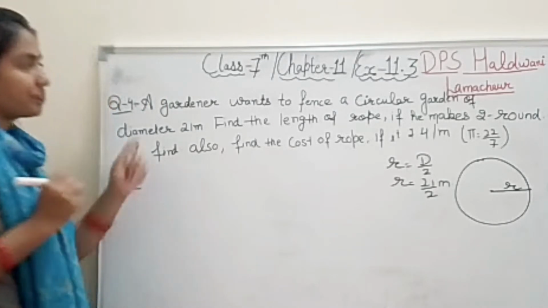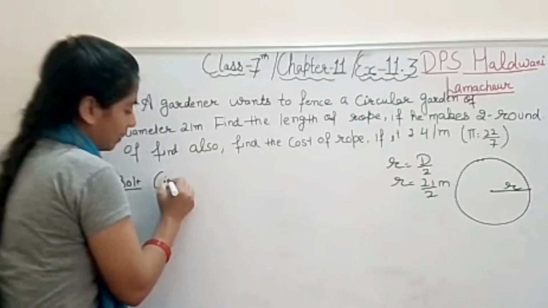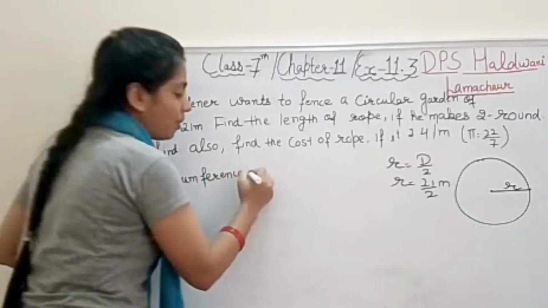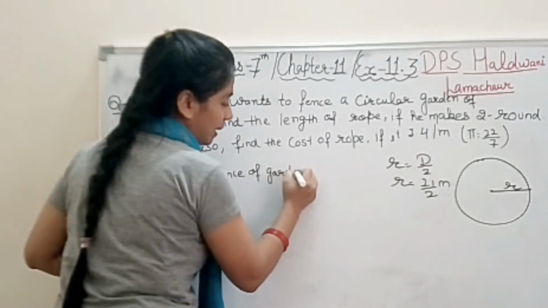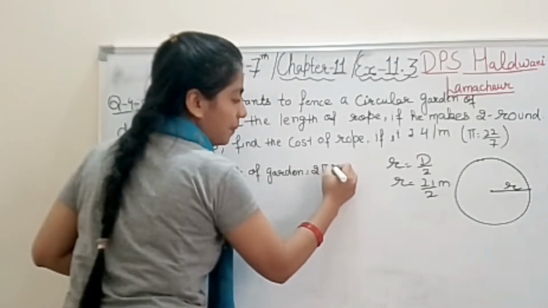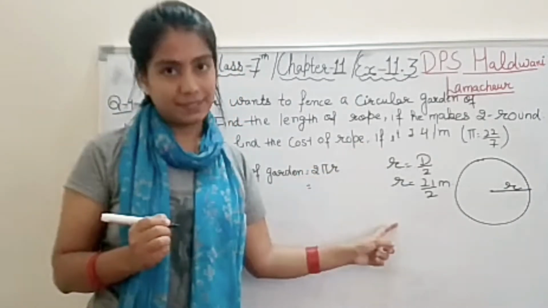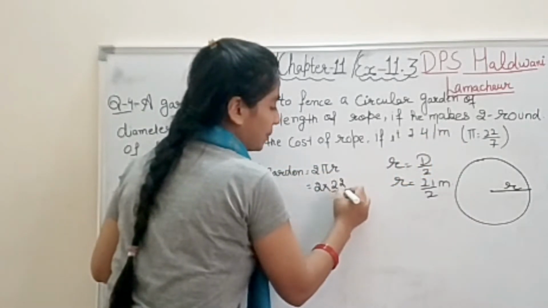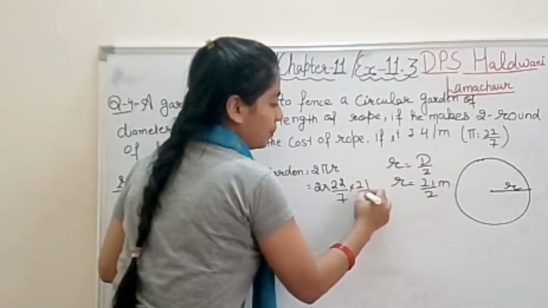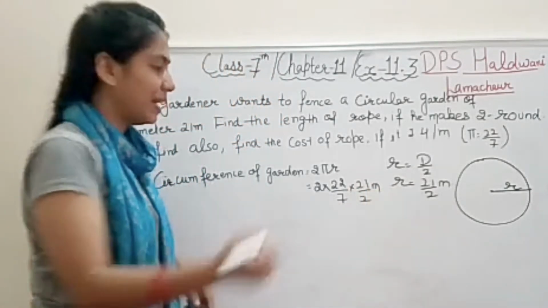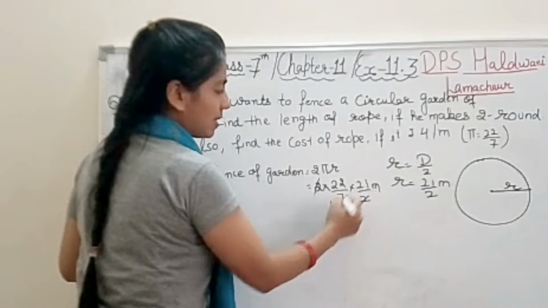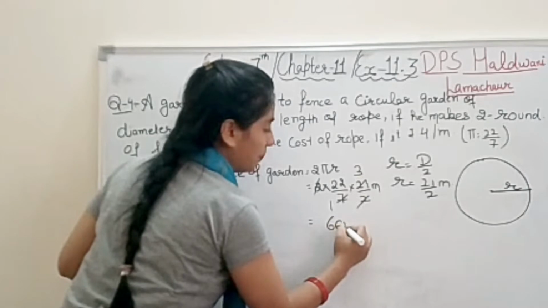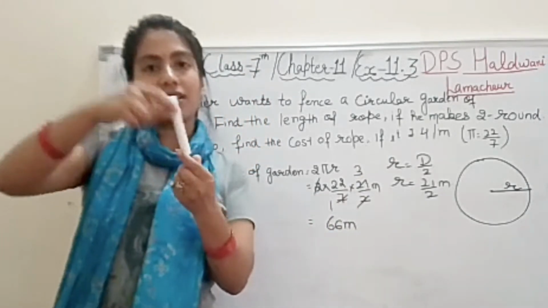What is the solution? As per the given terms, we need to find out the circumference, the total perimeter of the circular garden. Right? So that is 2 pi r. R we found. Fine. So the value of pi is mentioned to you, you will use that value, and r is 21/2 meter. Right student? Now you will cancel 2 by 2. 7 1s are 7, 7 3s are 21. So the answer is 66 meter. This is the circumference of the circle.